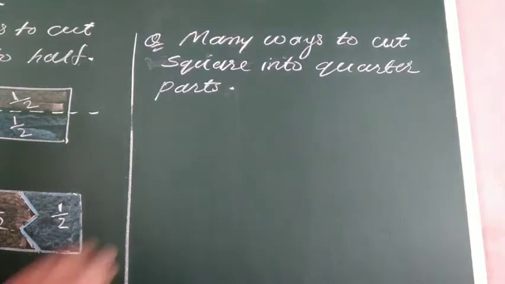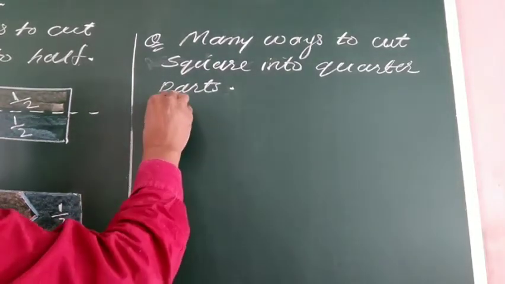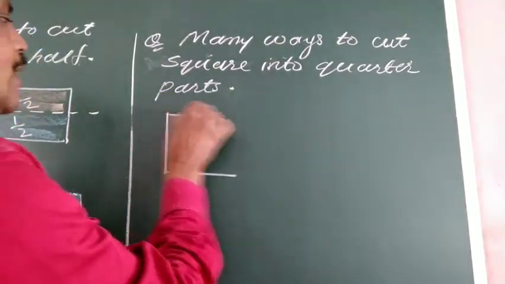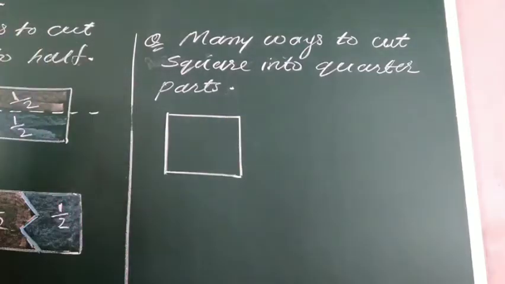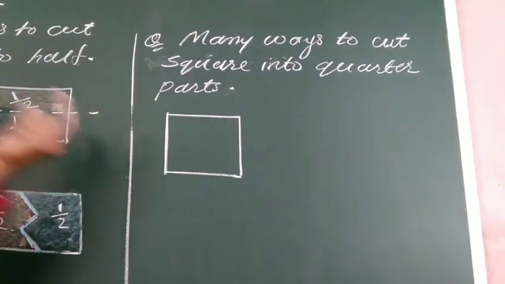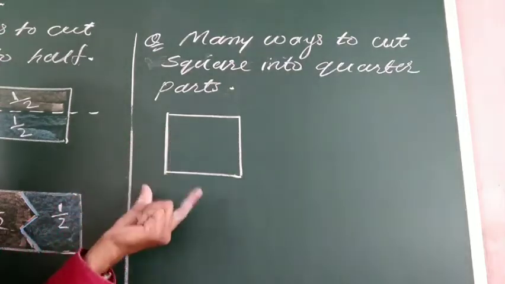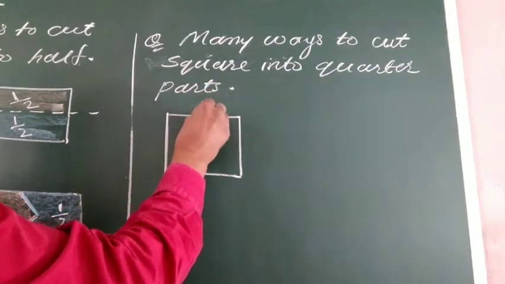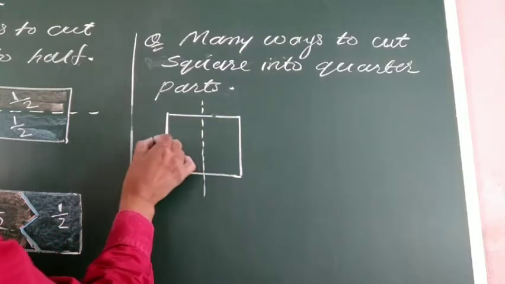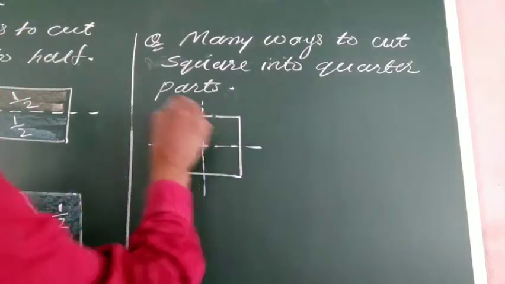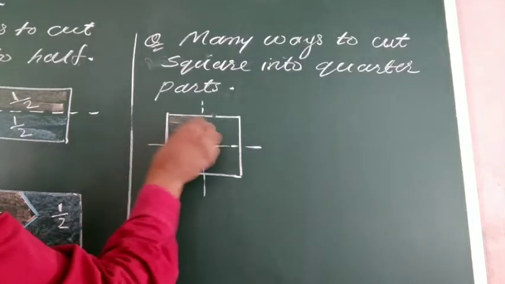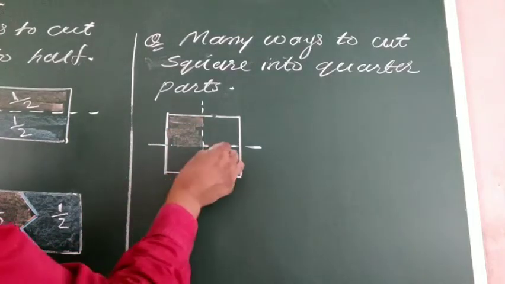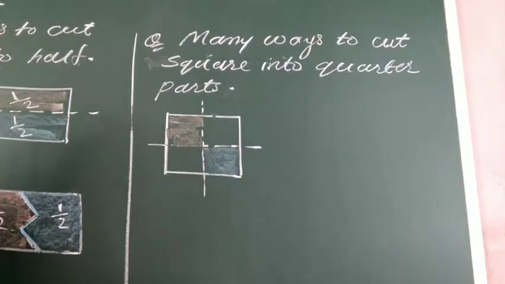Now here we have to make the square into 4 equal parts. Quarter part means what, beta? The 4 equal parts, and one part out of these 4 equal parts is equal to a quarter. In previous classes we discussed what a quarter is. A quarter is 1 equal part out of 4 equal parts of any whole thing. So see, it's very simple. This way we can divide this square into 4 equal parts, and each equal part is a quarter part of this shape. So I will show each quarter part here by using a different color.